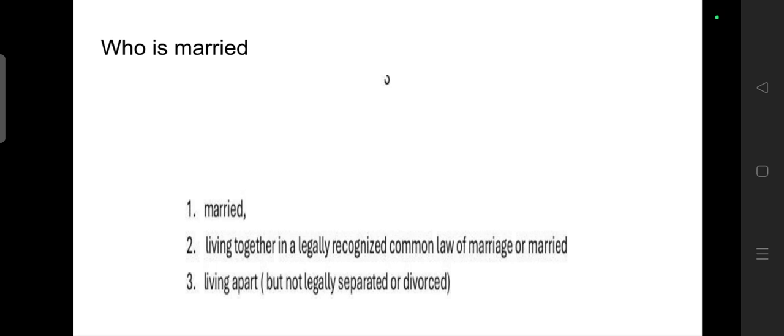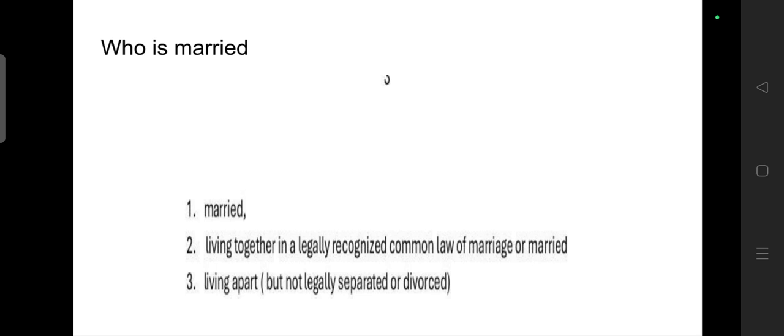In a divorce process, the couple has to live apart for at least 6 months. They have to live apart, then there may be some counseling. If they are not reconciled, then these people become legally separated. So for these couples living apart, there may still be hope during this 6 month period. They may separate or they may be united again. Living apart but not legally separated also comes under the married category, and the return can be filed jointly.